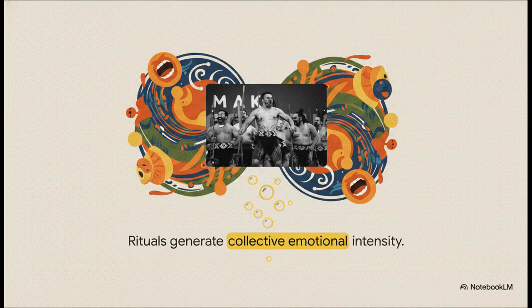Look at these Maori dancers for a second. Religion and ritual are not just about belief, they are about creating social unity, emotional solace, and shared identity through enculturation. Emile Durkheim actually called this religious effervescence. It's that incredible bubbling up of collective emotional intensity when a group gathers for worship or a ritual. It literally binds people together.